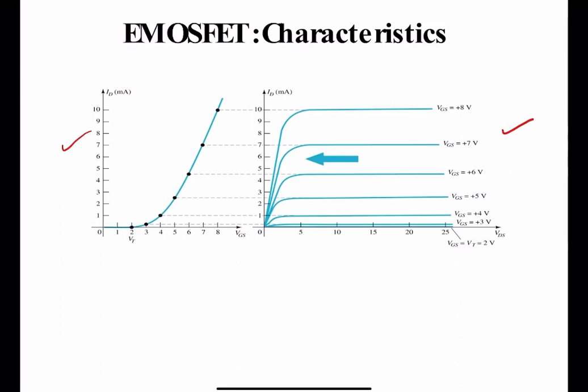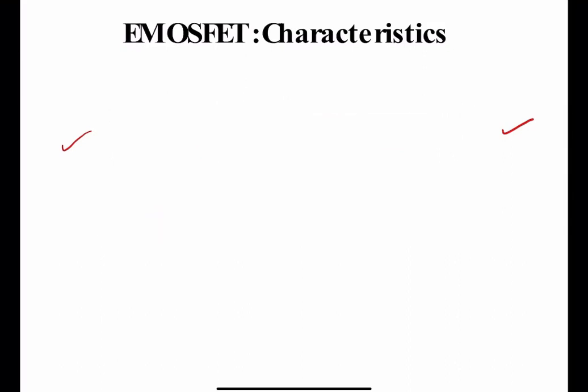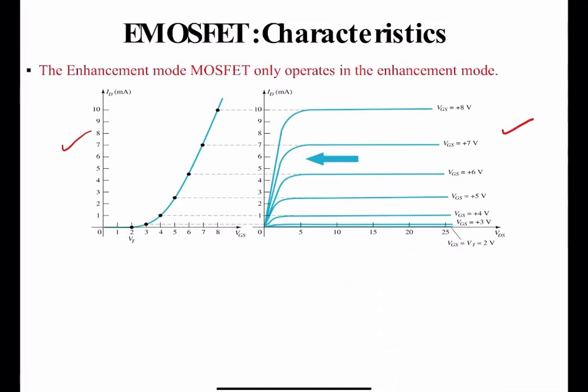Now as VGS is 0 volt, no current will flow. But whenever we increase VGS, or we can say VGS is equal to threshold voltage, the minimum level above which current begins to flow, here it is 2 volt. Above this, whenever VGS is 3 volt, drain current begins to flow. As VGS increases up to 4, 5, 6 volt, 7 volt, in this way you can see drain current increases with the increase in VGS. But for a constant value of VGS, as VDS is increasing, drain current increases.